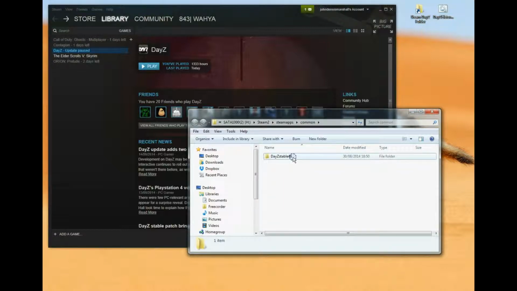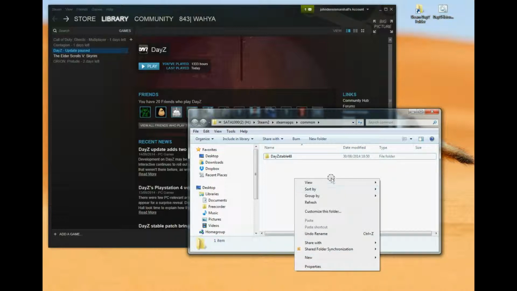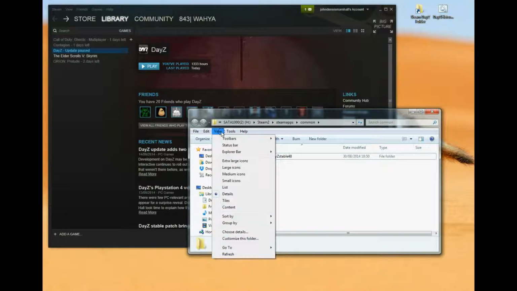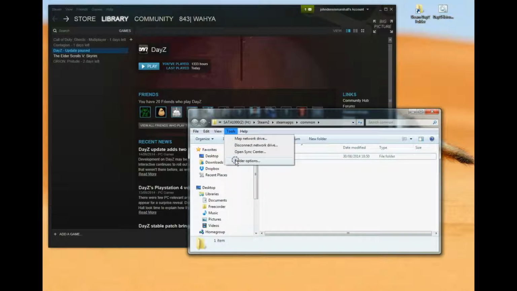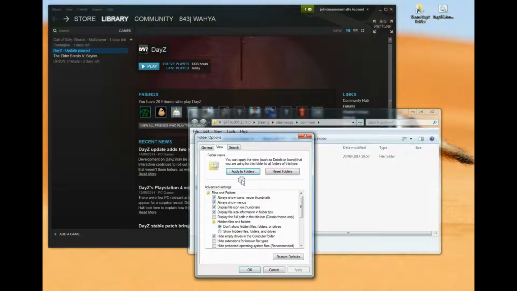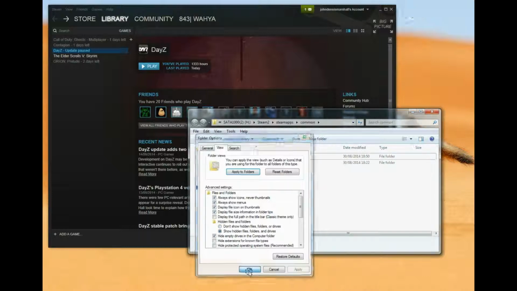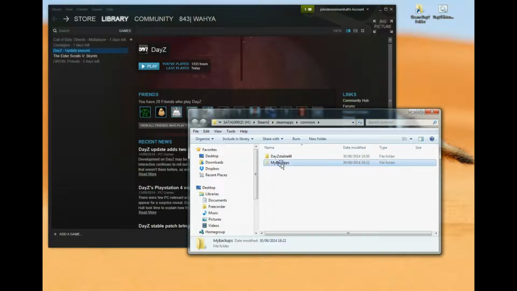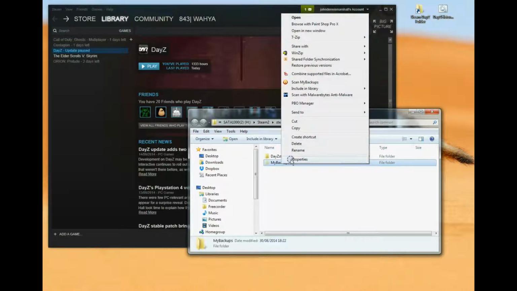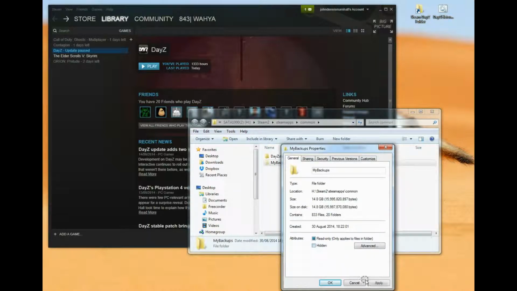How do we do this? I created another folder, because this folder is not visible to Steam, you can create another folder. Now I did this and I hid it to make life easier. Folder options, view. You don't have to do this, this is purely what I've done. Choose OK. And I called my folder